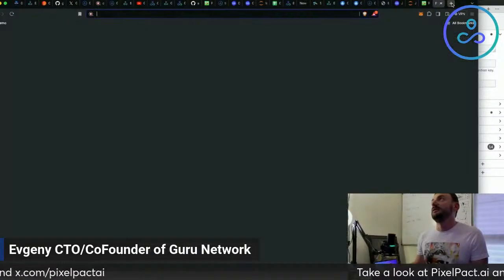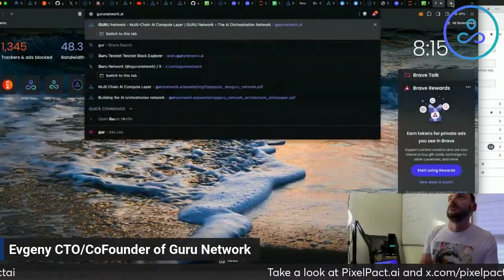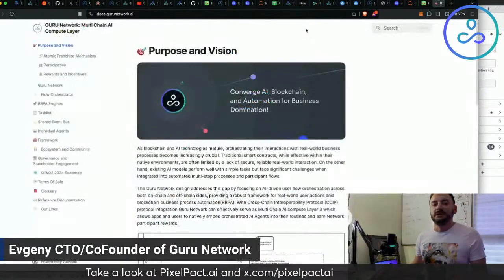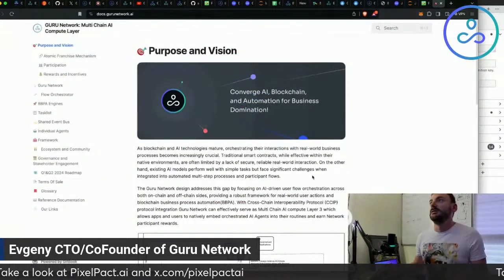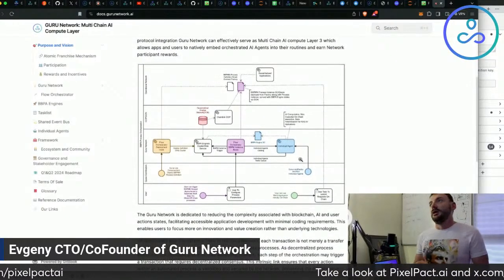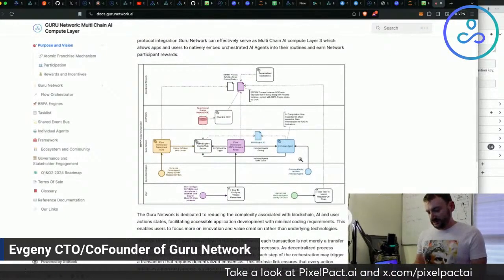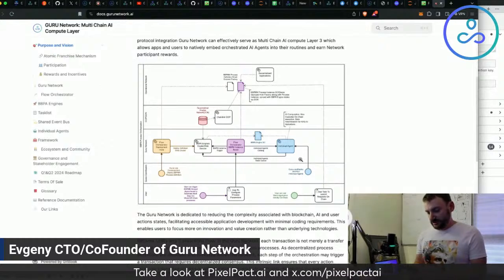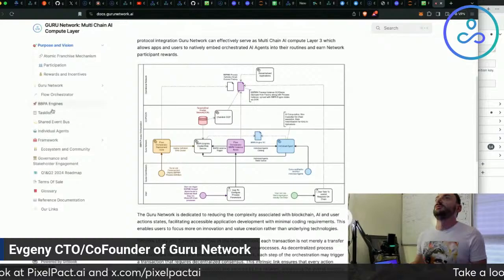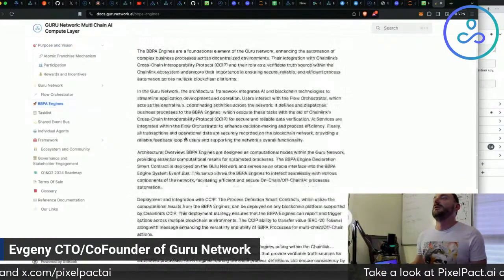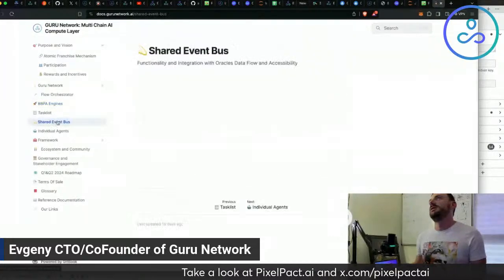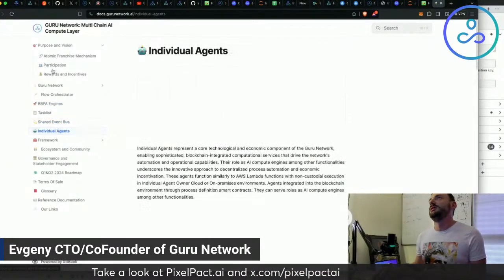We also have documentation on our website, the Guru Network AI docs, and in here you can go over the comprehensive docs and check all the links to find things. Right now it mostly documents how it works and how we're building it.